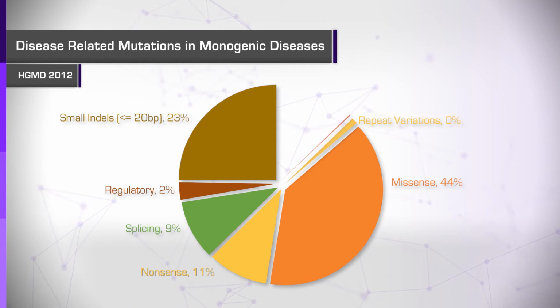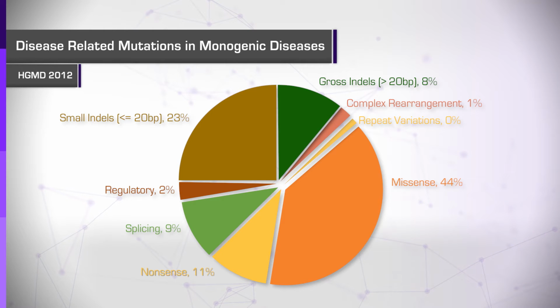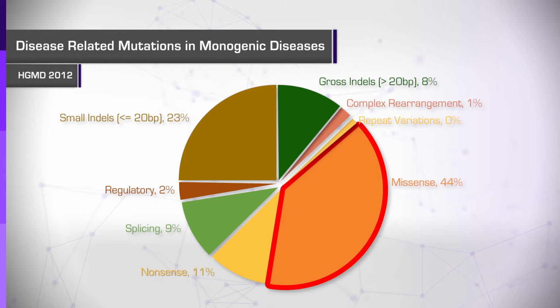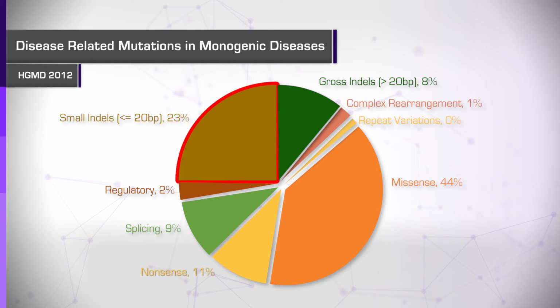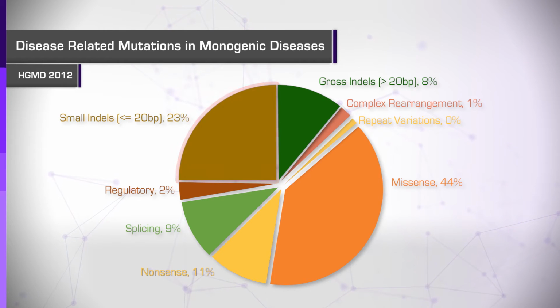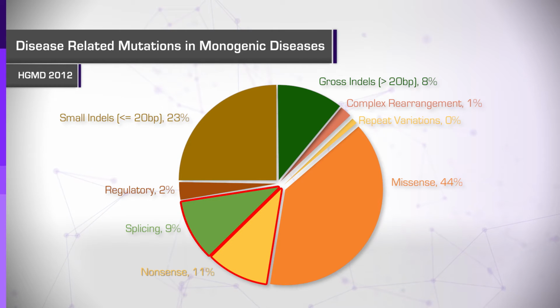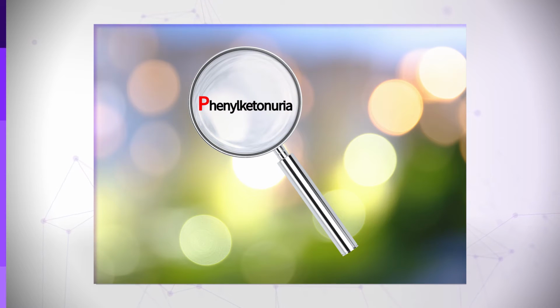There may be some ascertainment bias in our current understanding of this, but the pie chart gives an approximate idea. The largest segment, containing just under half of the mutations, is for missense variants, single base changes in the coding region of a gene that change an amino acid. The second largest segment is for small insertions and deletions, less than 20 bases long. There also is a significant presence of single base changes that destroy splice sites or introduce stop codons, so truncating the polypeptide chain.